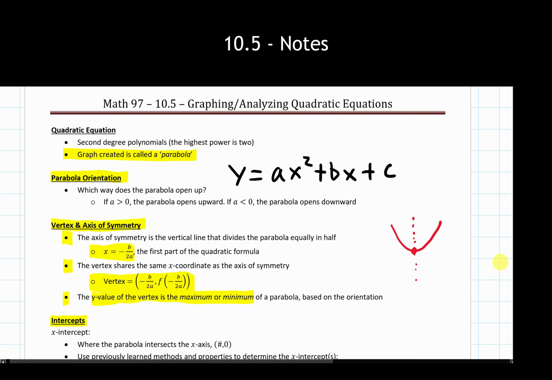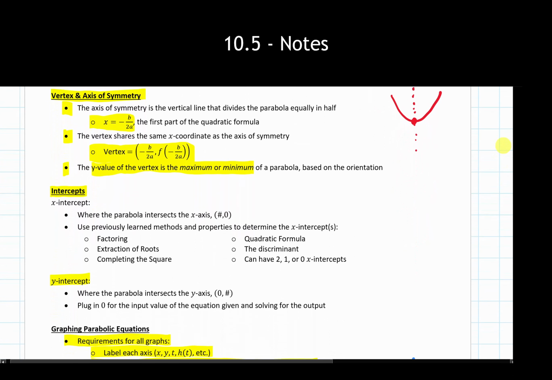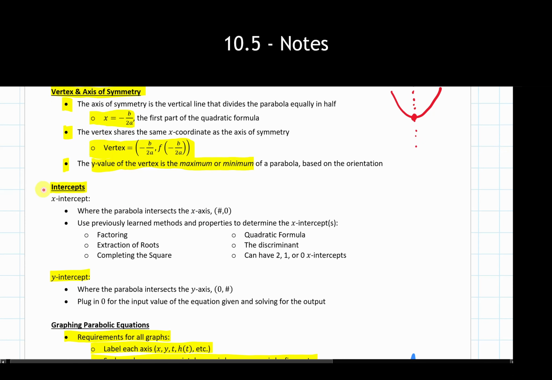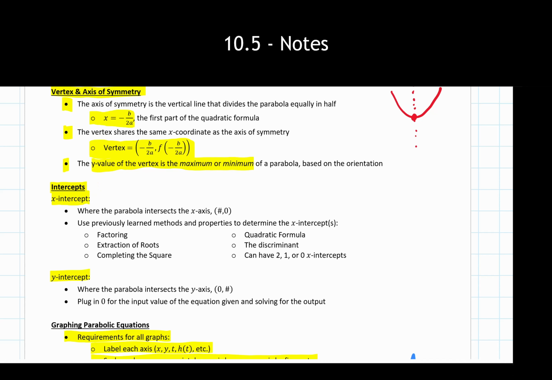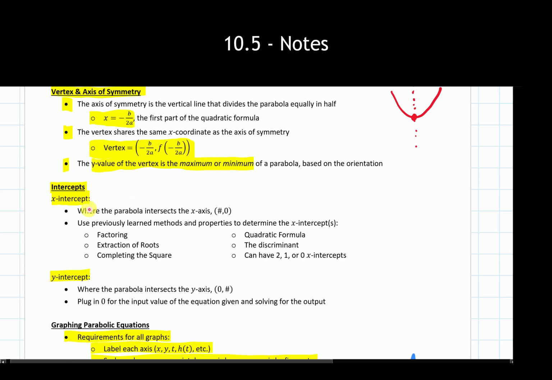Let's keep moving on down here to our other parts we have. So looking at our two intercepts. Oops, I don't know why x-intercept is not highlighted. It's a big one. We need to have these. So x-intercepts, as a reminder, are where the parabola, or really any graph, intersects either by touching or going directly through the x-axis. It is always of the form some number and then 0 for our y values because it's always crossing the x-axis. The x-axis always has a y value of 0.